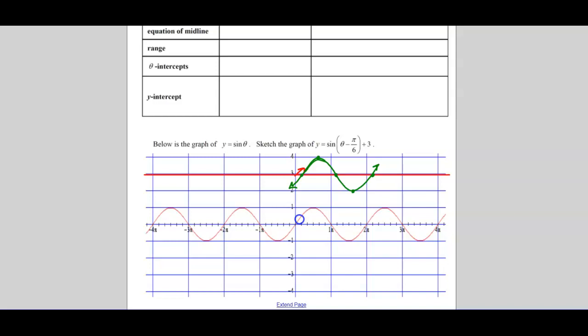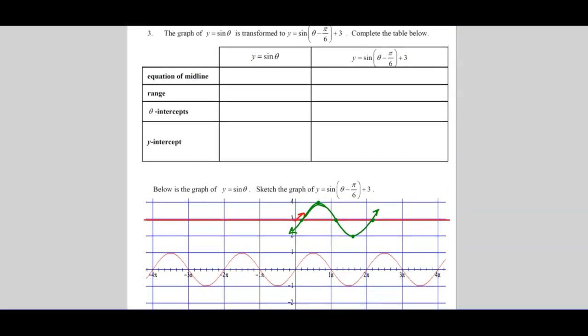Okay, so you can do more, but I'm just going to keep it like that. Just try to save time a little bit. Okay, so all that's happened is shifted to the right and up. And I find it easier to do that midline and then graph from there. Okay, so for your base graph, which is in red there,